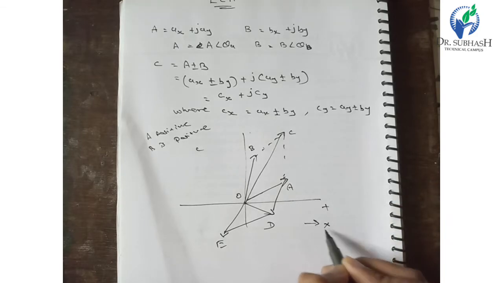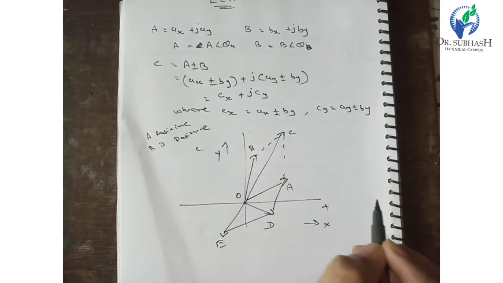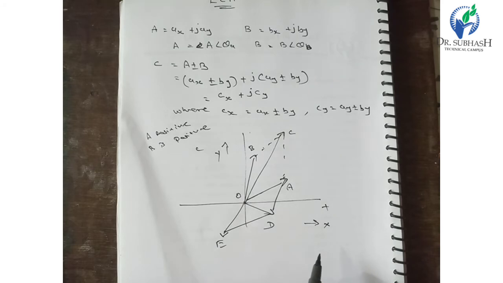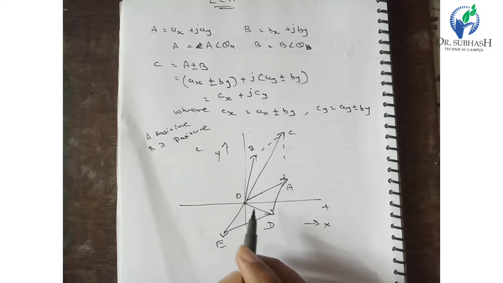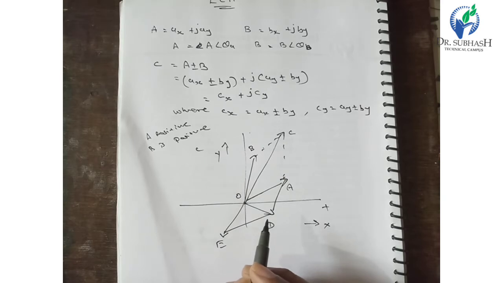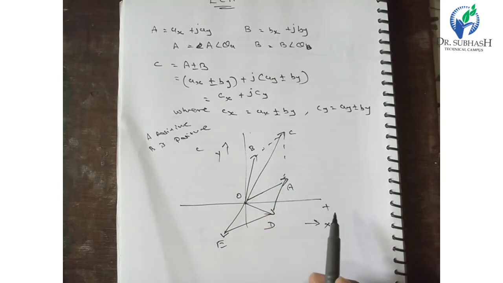There is an x direction, there is a y direction in a form. Addition and subtraction operations can be performed using quantities as phasors in polar form. In this figure, two phasors, OA and OB, are shown. Here we find the sum of them, which is C.